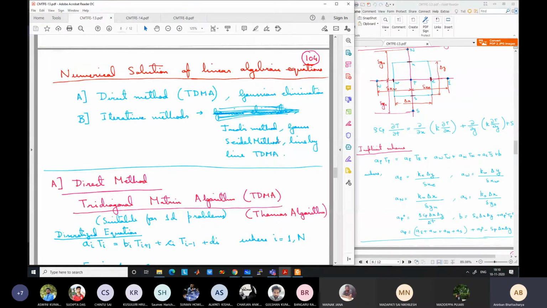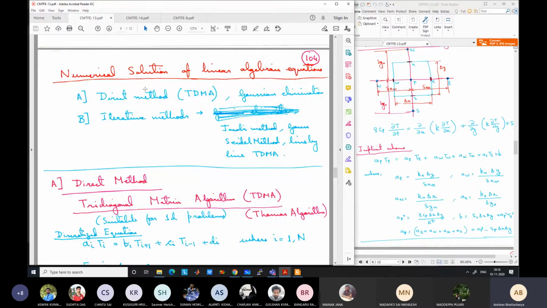Is my screen visible to all of you? Can somebody confirm? Yes, sir. Okay. Thank you. Remember that there may be some lag. So when I am pointing my mouse to some place, for example, to direct method, it will take some time to get to you. By that time my mouse may be at some other point. So you have to bear that in mind.